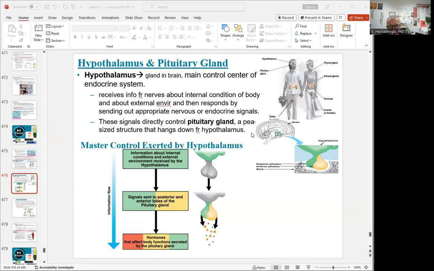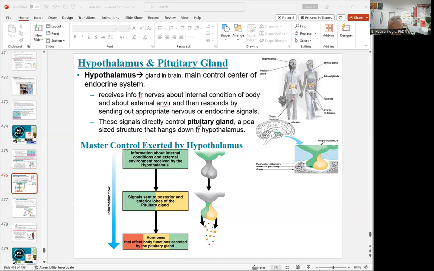It's a location in the brain that receives info from the nerves and directly controls another gland, which is called the pituitary gland, also in the brain. Different hormones link to different ones of these 9 glands. In the brain we have 3 of them, and then we have 2 of them, and they are under the hypothalamus in general. We are going to see some specific hormones like CRH,